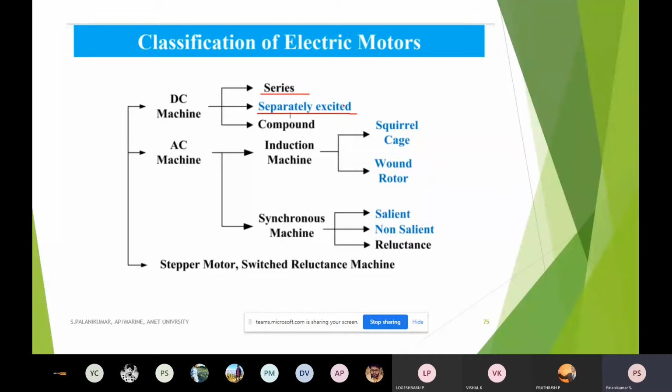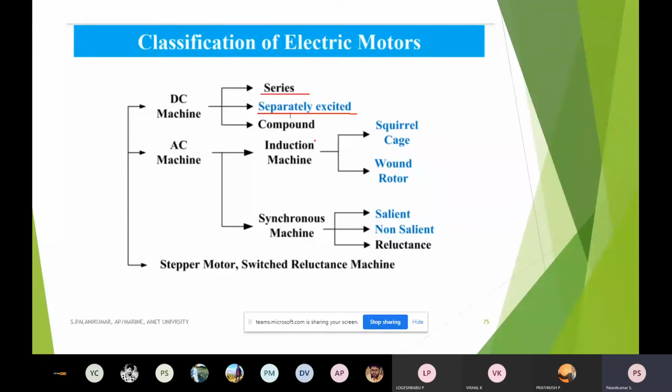Here, why a separately excited motor is given is, instead of having control over the armature voltage that we have seen last time, we can have an exclusive control over the armature voltage instead of having it combined together. Because whenever we have a parallel excitation from the same supply, it may reflect. So I don't want to touch the field side. I only want armature control. So that's why it is separately excited.